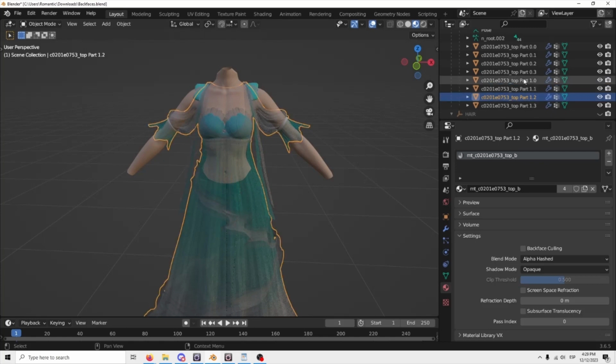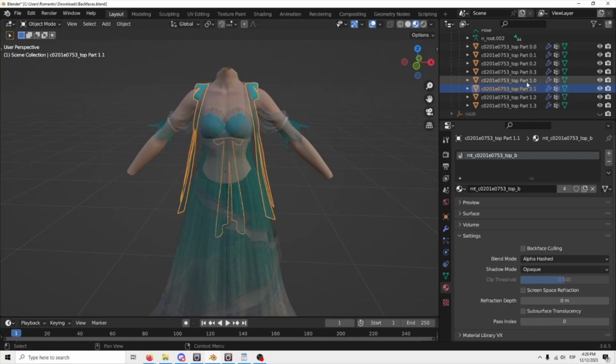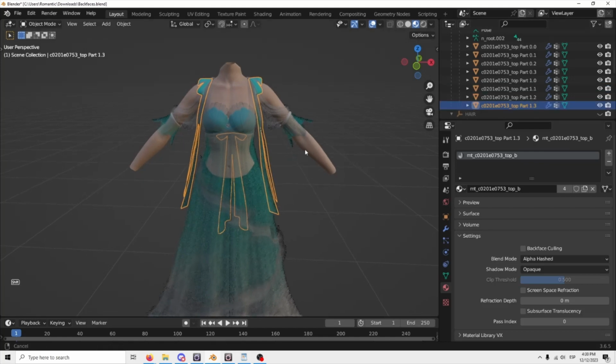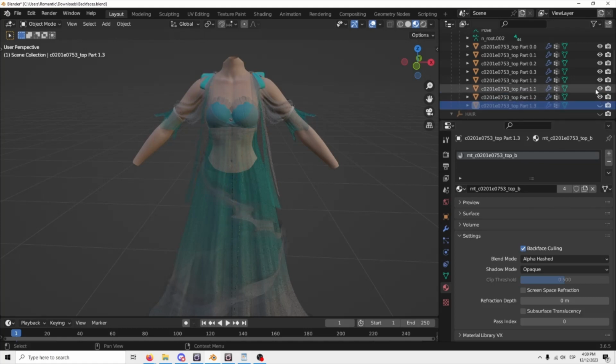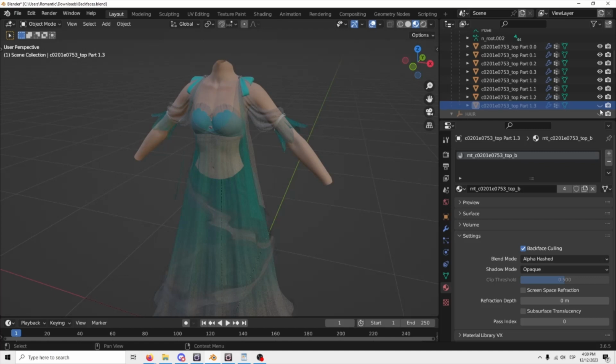1.2 is basically the same as 1.1, and 1.0, so sorry, and 1.1 and 1.3 are the same as well. So again, these are back faces. If you're not sure and if you're nervous about deleting stuff and not knowing if you're going to get it back or whatever, again, turn on backface culling and compare, like, okay, so is this, I can see this from this side,